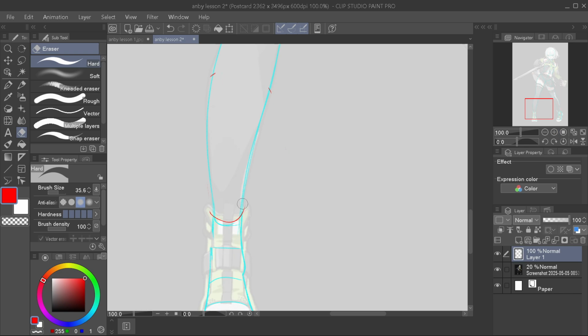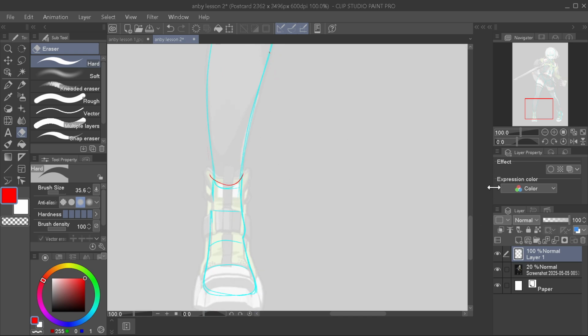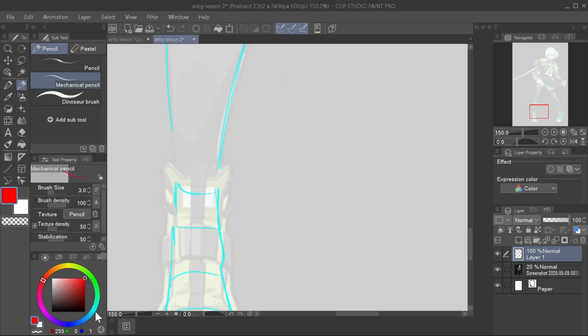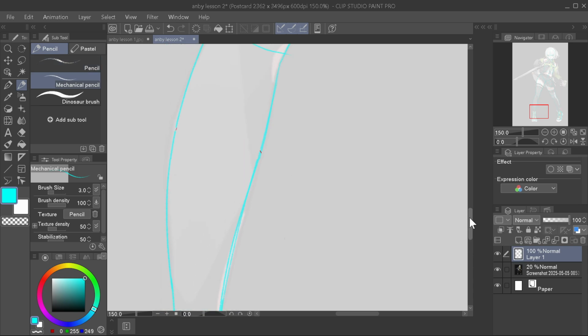And of course, I did not do this on a separate layer, so then this is the problem that you run into as well. If you don't do things on a separate layer, then you're going to find yourself doing exactly what I'm doing, which is being super time consuming and erasing lines and stuff, because, well, if I erase this, I also erase my blue line too, and then I'm gonna have to go back through and redraw my line work. Anytime that you can mitigate redrawing or anything,